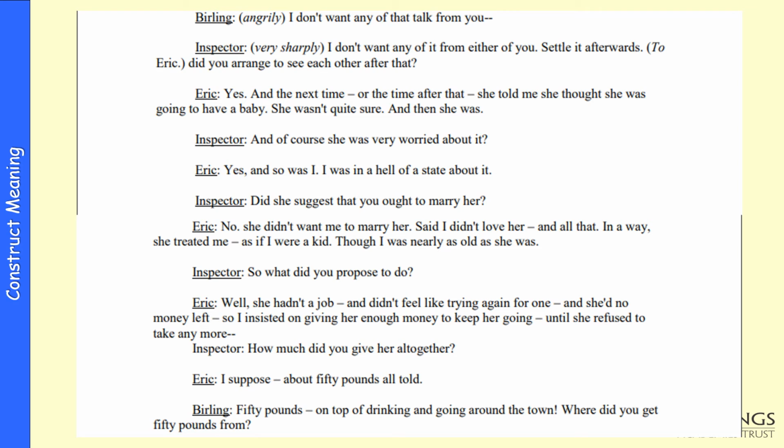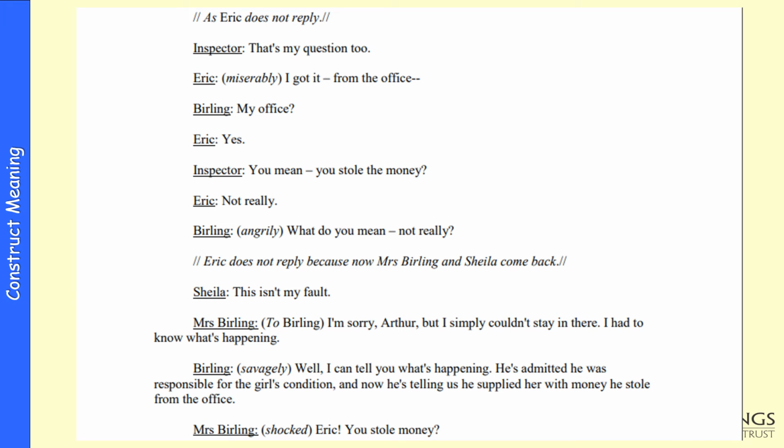Well, she hadn't a job. I didn't feel like trying again for one. And she'd no money left. So I insisted on giving her enough money to keep her going, until she refused to take any more. How much did you give her altogether? I suppose about £50 all told. £50? Where did you get £50 from? Well, from the office. My office? Yes. You stole it? Not really. What do you mean? I'm sorry, Arthur. This isn't my fault. But I simply have to know what's happening. I'll tell you what's happening. He's admitted he was responsible for the girl's condition. And now he's telling us he supplied her with money he stole from my office. Eric, I intended...